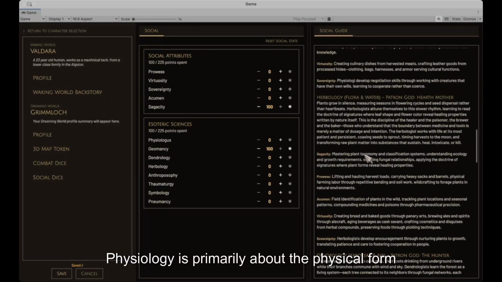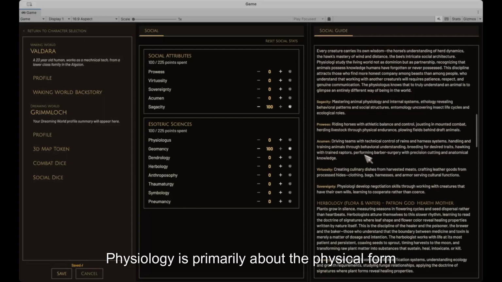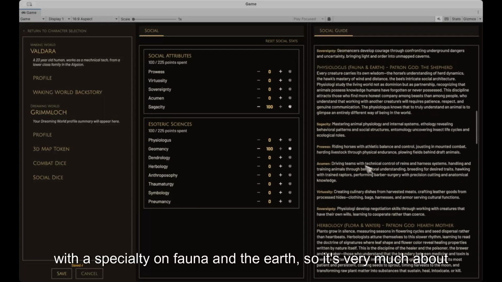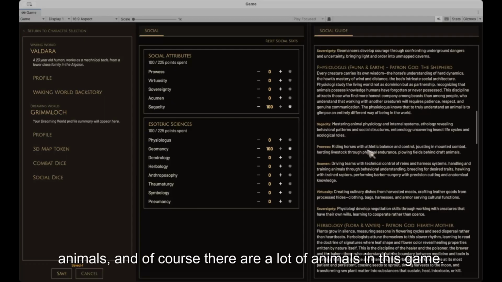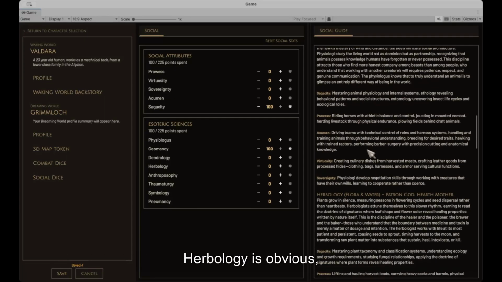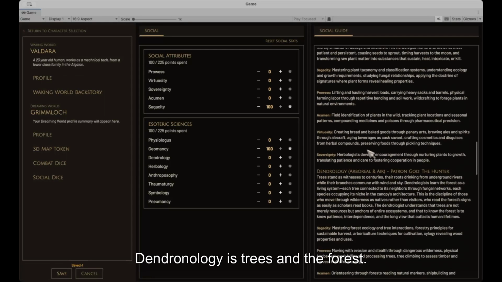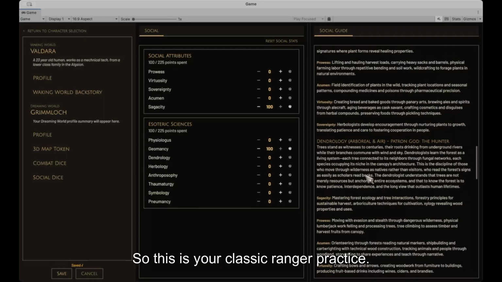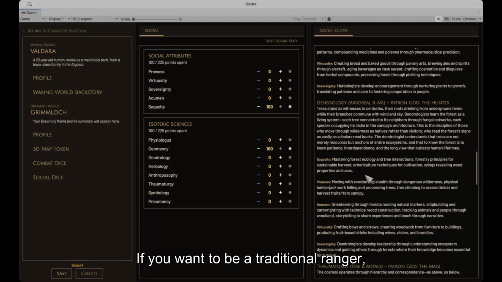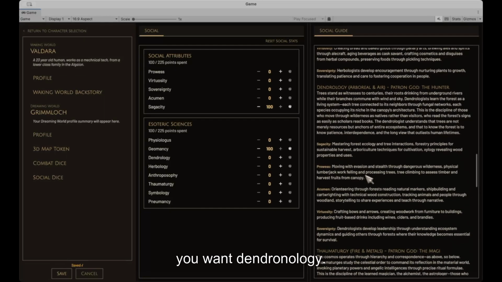Physiology is primarily about the physical form with a specialty on fauna and the earth. So it's very much about animals. And of course, there are a lot of animals in this game. Herbology is obvious. Dendronology is trees and the forest. So this is your classic ranger practice. If you want to be a traditional ranger, you want dendronology.